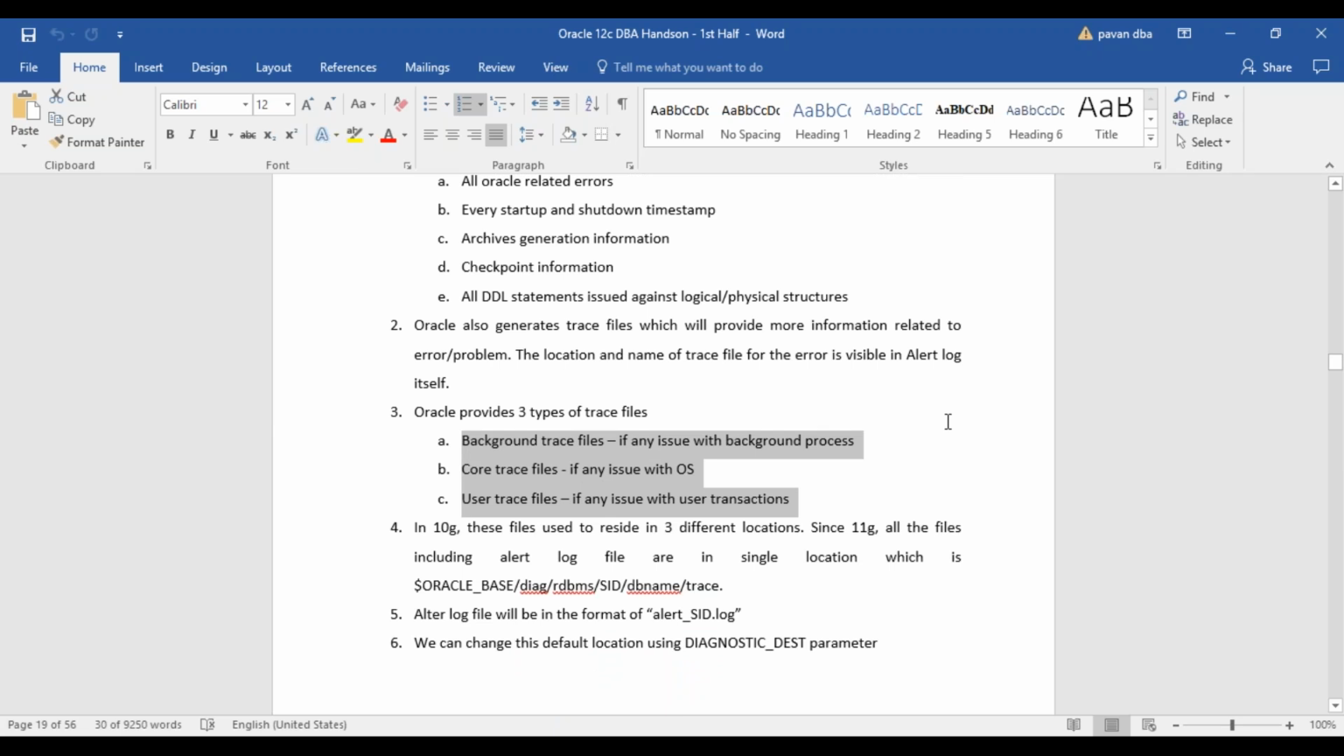Pawan, one question. If there's a deadlock, that deadlock information will be in which file? It will be there in the alert log file. Alert log. Okay. Yeah. So the alert log will tell you that so and so deadlock has occurred, and it will